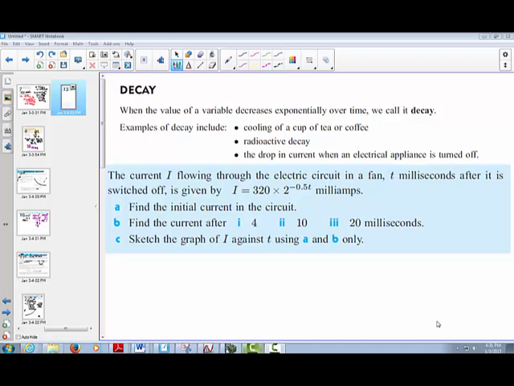Well, we've talked about growth curves. Now we're going to talk about decay curves. They're doing it in a little different way for us. If you have a negative exponent, remember this, a negative exponent will be a decay curve